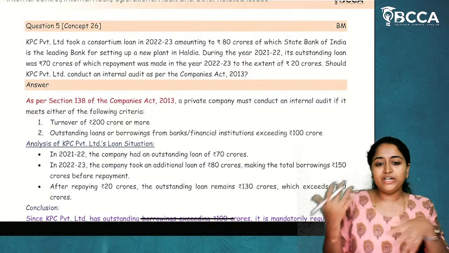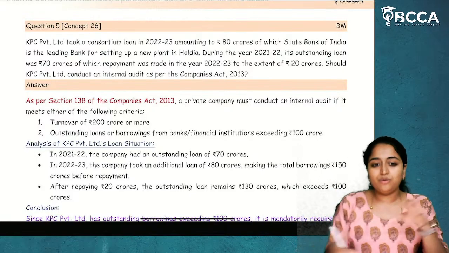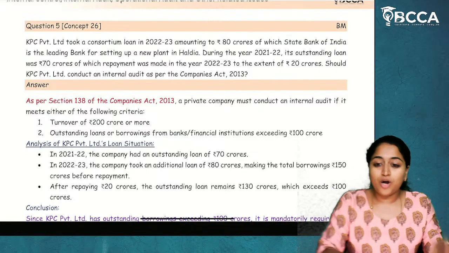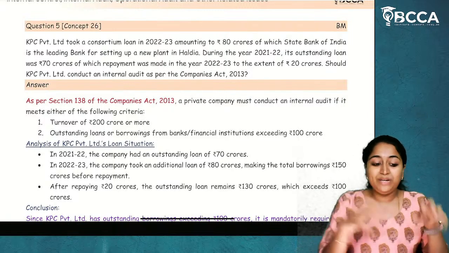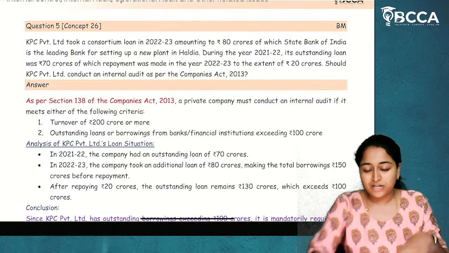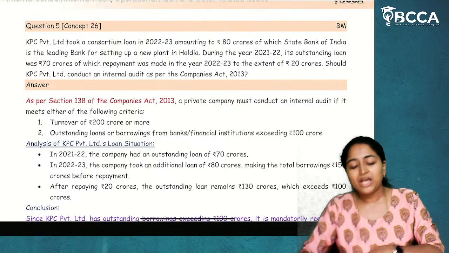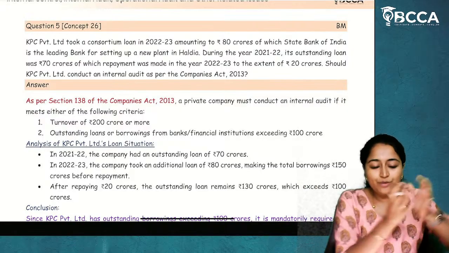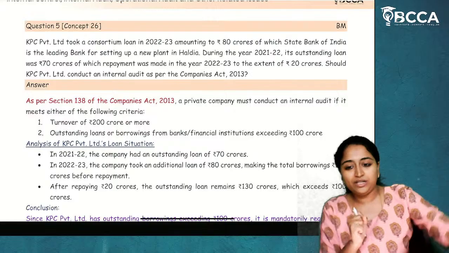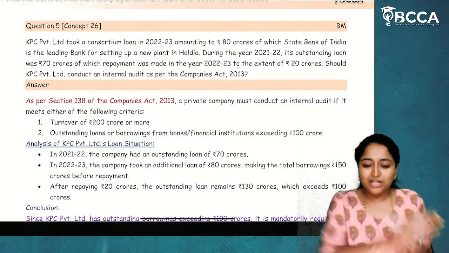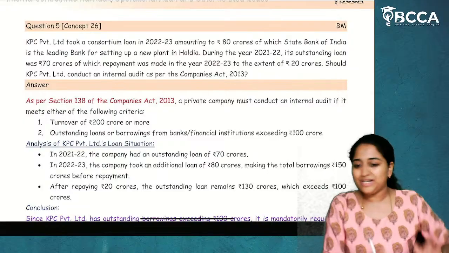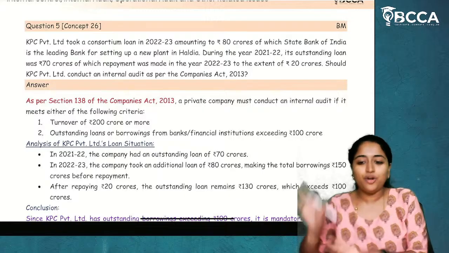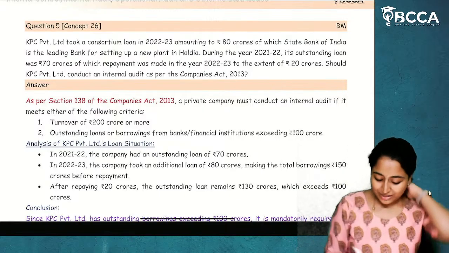So how different internal audits have been told. What is internal audit according to the COSO report? What is the connection between internal audit and CARO? What is the connection between internal audit and the Companies Act 2013? Regarding this concept, you have in unit 2. But what I have done, I have brought all the concepts to unit 1, because in unit 1, you are learning about internal control, internal audit. So as a continuation, I have given all these topics in unit 1 itself. So unit 2 is only regarding operational audit. No connection of internal audit is given there. So that's also one clarity.